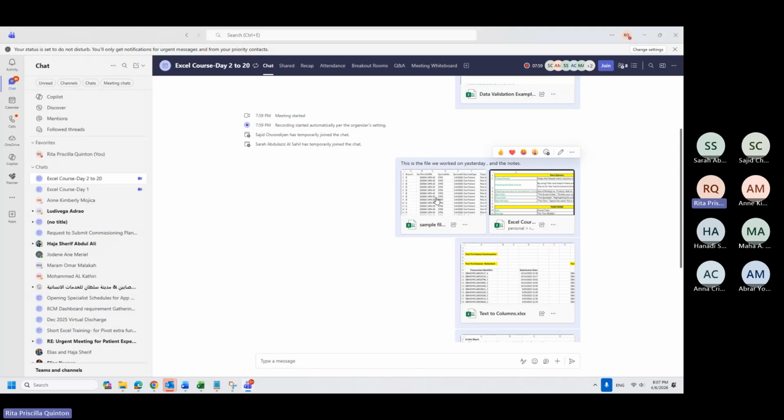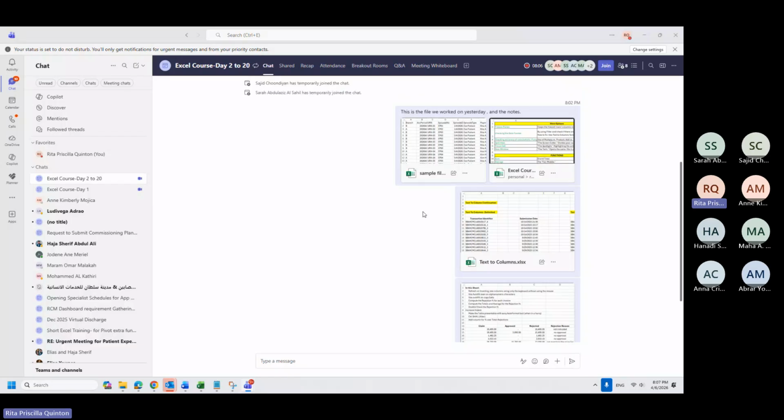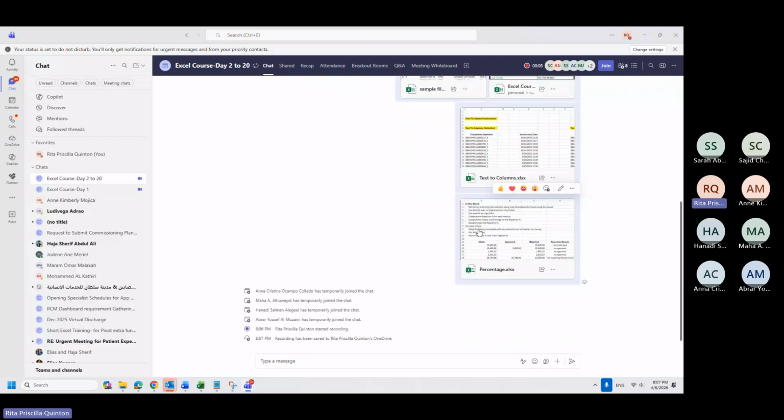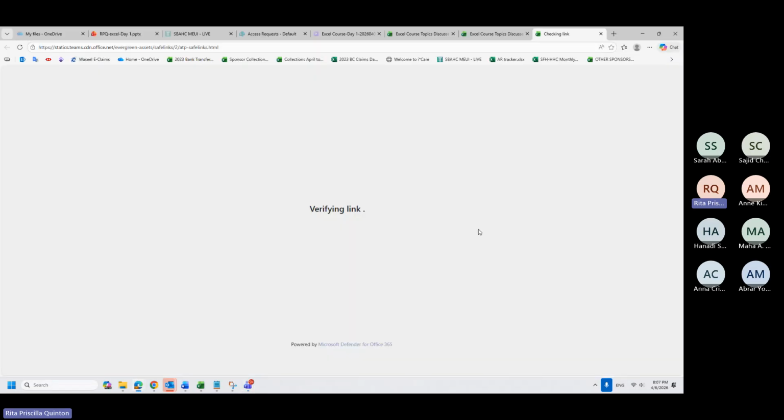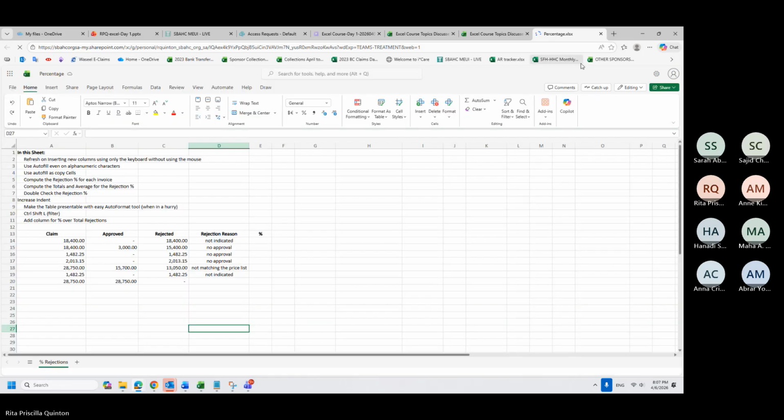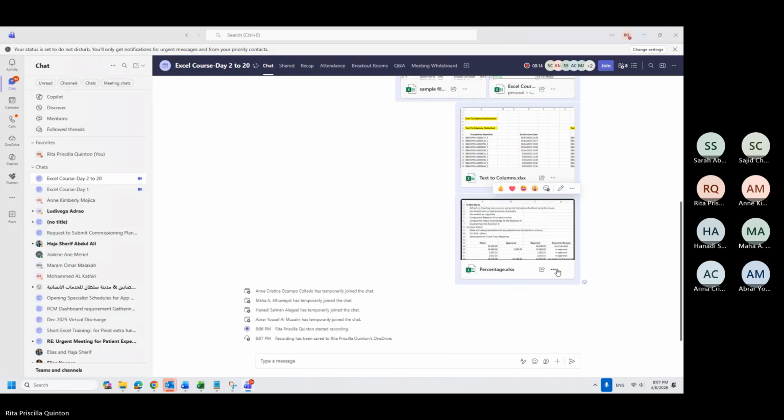And includes also the file that we chose as a sample. Today, we will tackle first the percentage.